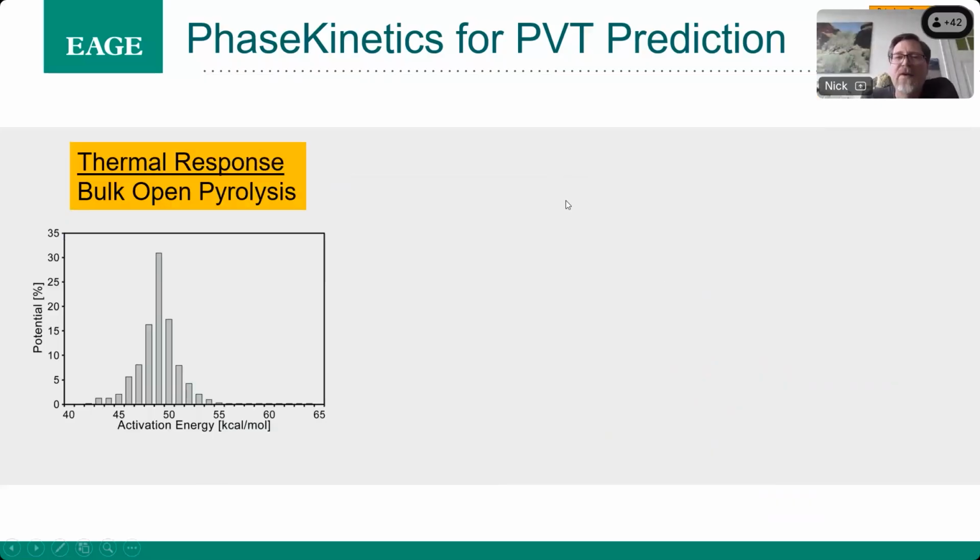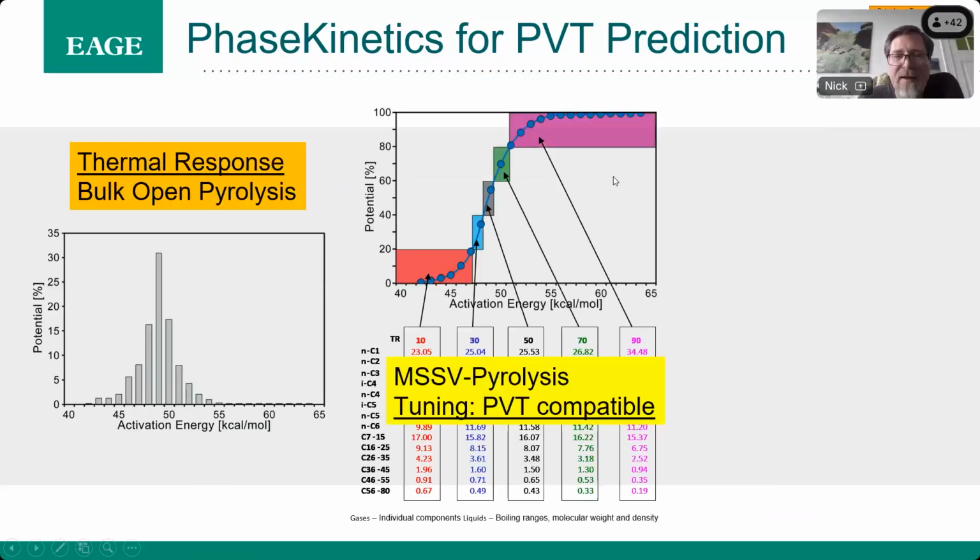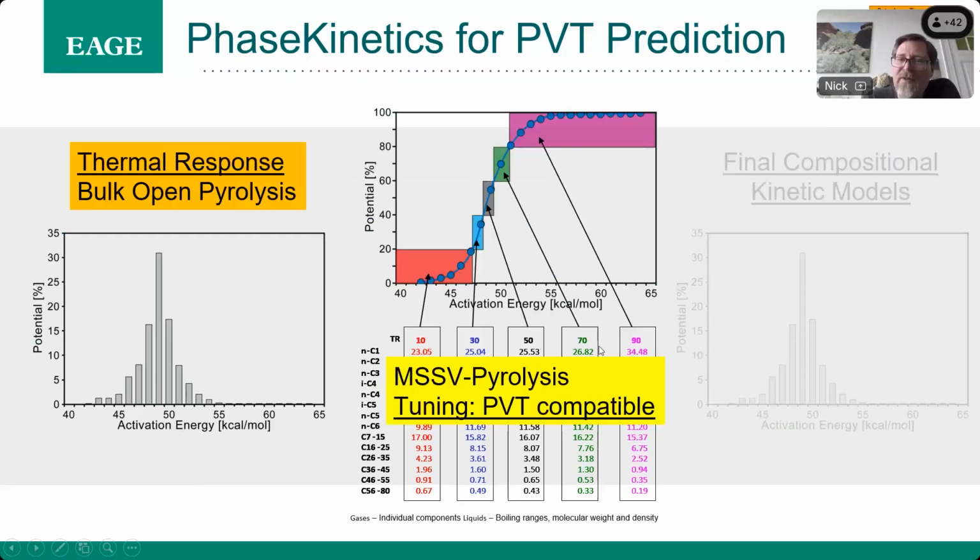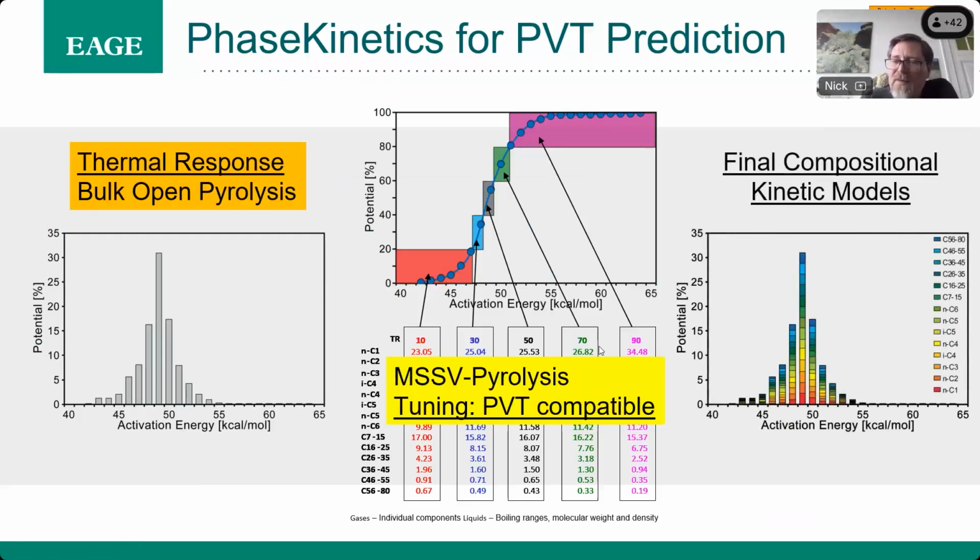Now in the third step, the evolving compositions are determined by using closed system MSSV pyrolysis run to increasing kerogen transformation ratios determined during open system pyrolysis. The gathered closed system data, like single gas species and liquid compounds, are turned into a PVT compatible format, and then the final compositional kinetic models are built, so the open system kinetic potentials are populated by the closed